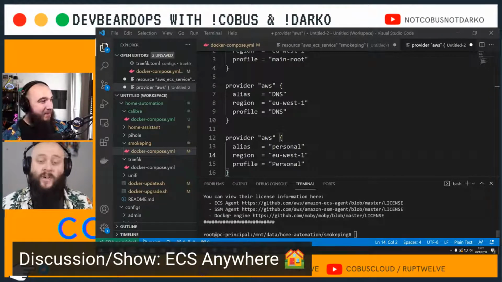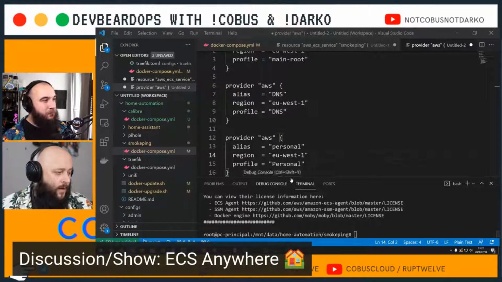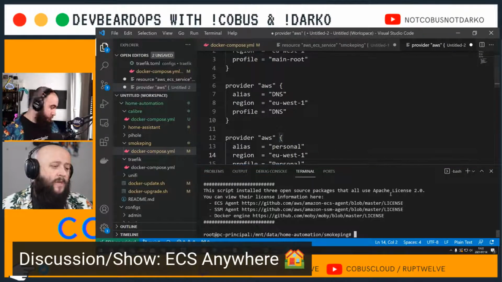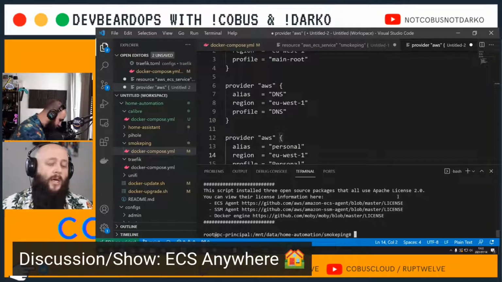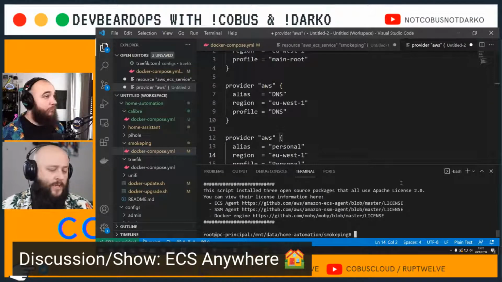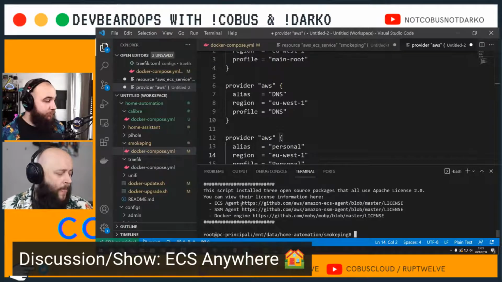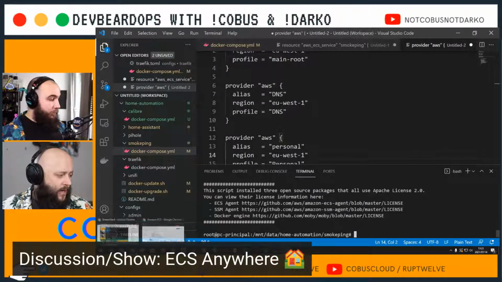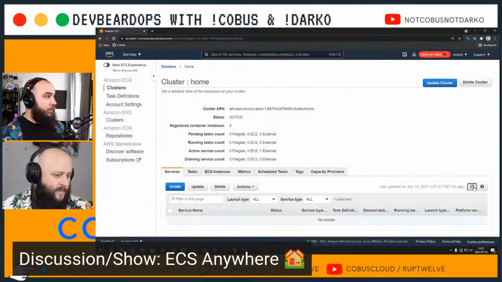Which is, it's very nice that it's actually included here. And also nice part here is you can see over here that everything that's installed is using Apache license 2.0, if you have got regulatory requirements to make sure that you only run certain things. Okay, so now that we've got that up and running,